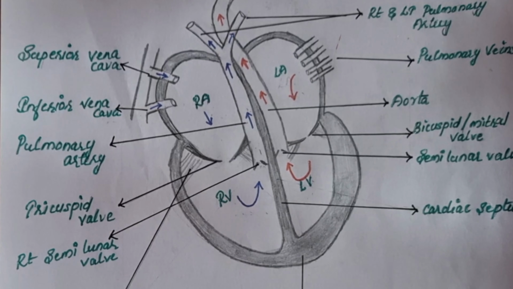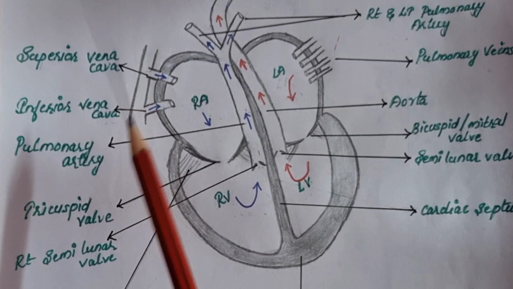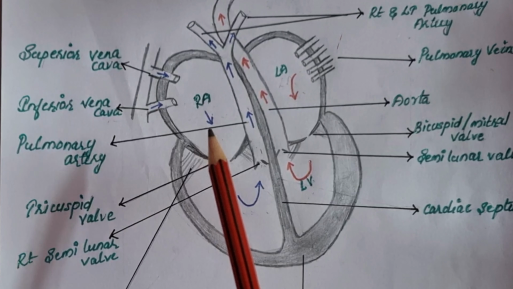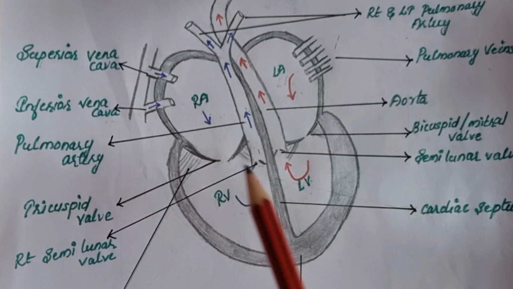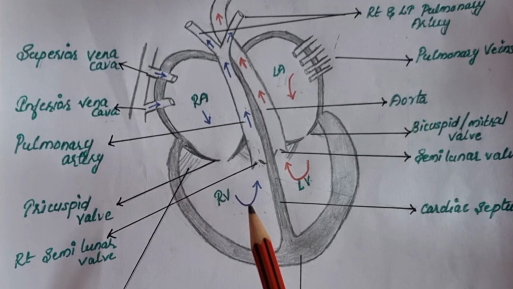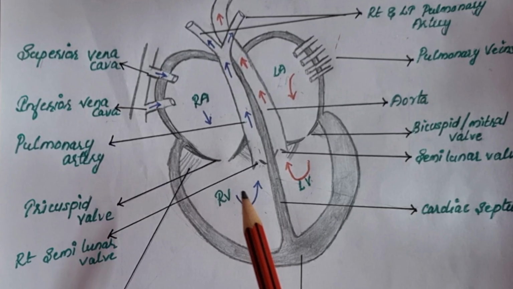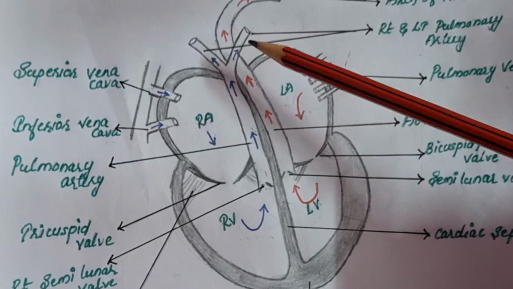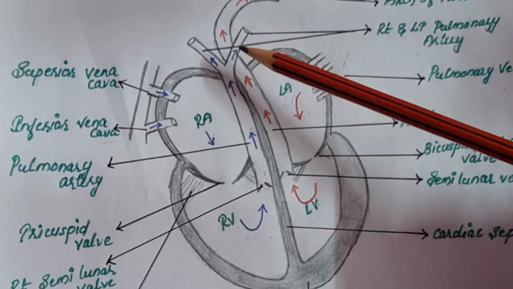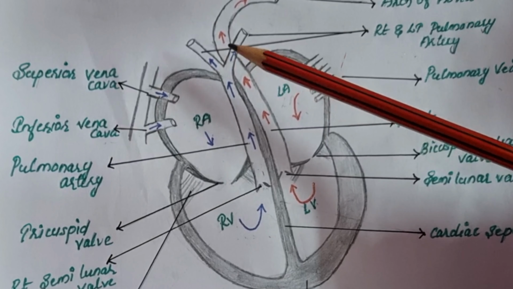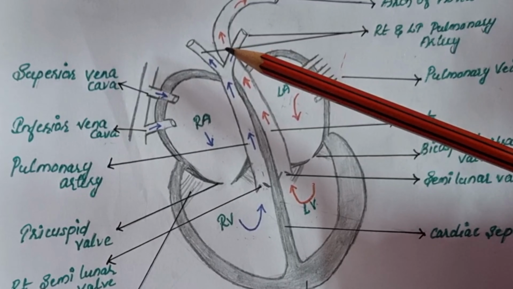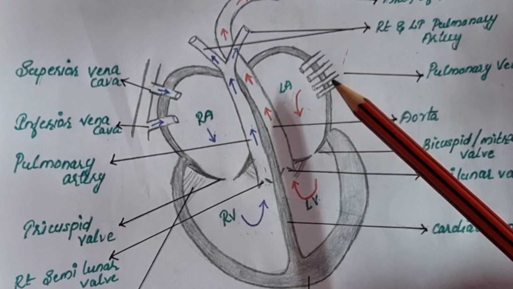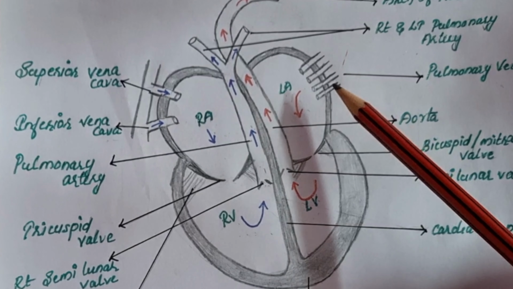Normally, in adults, the superior and inferior vena cava collect the deoxygenated blood and enter into the right atrium. When the right atrium contracts, the blood goes into the right ventricle, and when the right ventricle contracts, it enters into the pulmonary artery. Here we have right and left branches of the pulmonary artery, and it enters into the lungs, where the purification or oxygenation is going on, and from the lungs the pulmonary veins collect the oxygenated blood